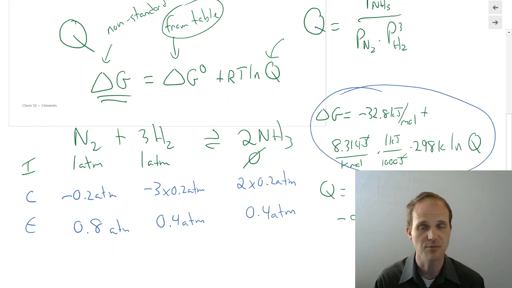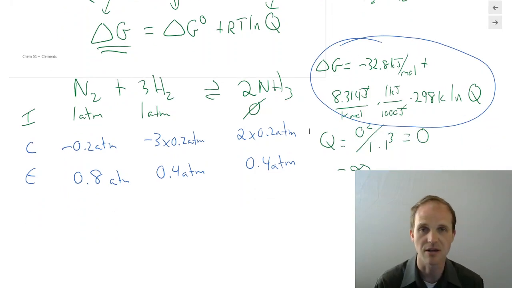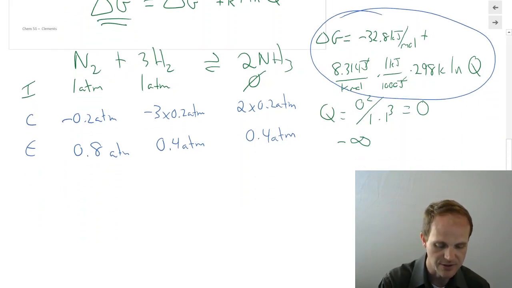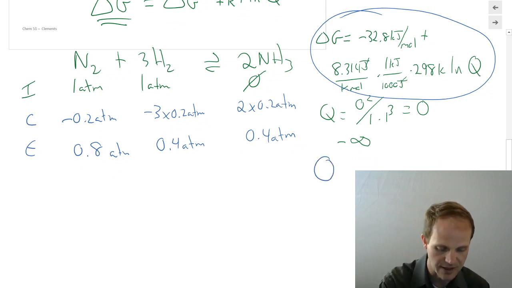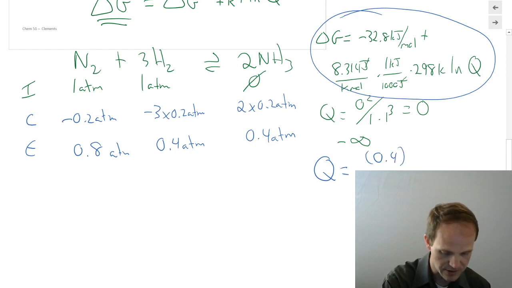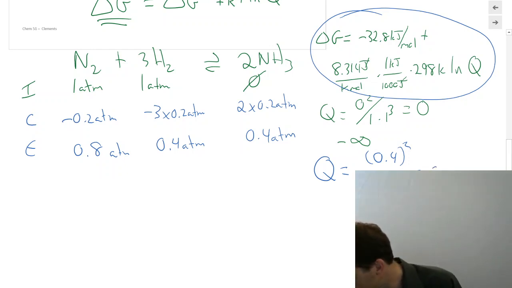Delta G is minus 32.8. It's still at standard conditions, minus RT times the natural log of Q. Sorry if you couldn't see that infinity earlier. I just realized that. But now what do we have? Well, we've got now Q is equal to 0.4 squared over 0.8 times 0.4 cubed. If I calculate that,